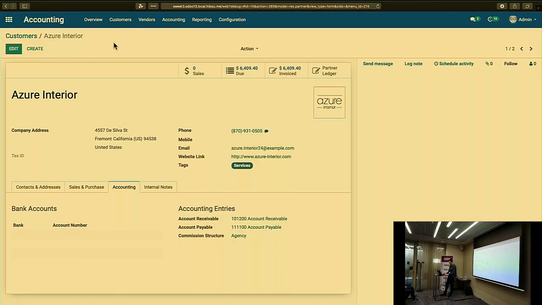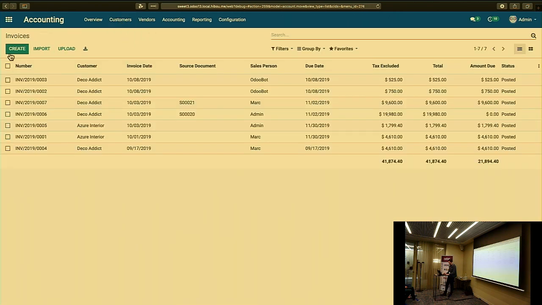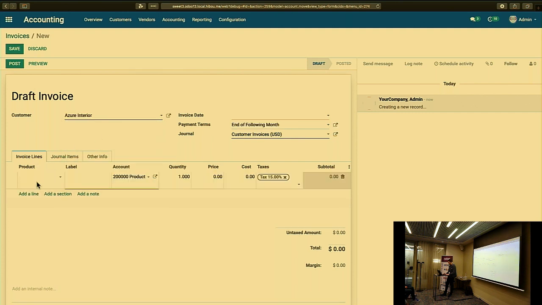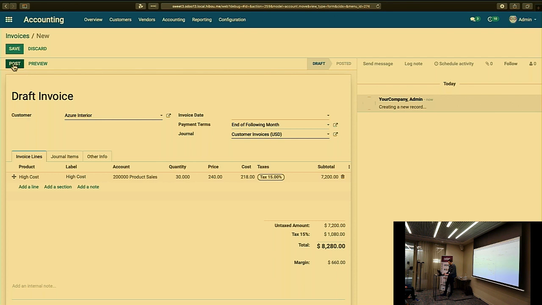So with that done, we could create a sale order, but we can also just create an invoice because ultimately everything is driven through invoices anyway. So we'll create an invoice for Azure Interior, and we'll add on some product here. And we'll go ahead and order several of those. And now when we post this invoice,